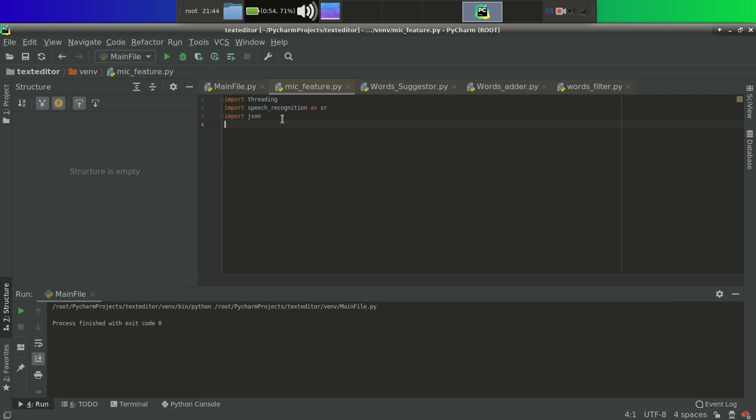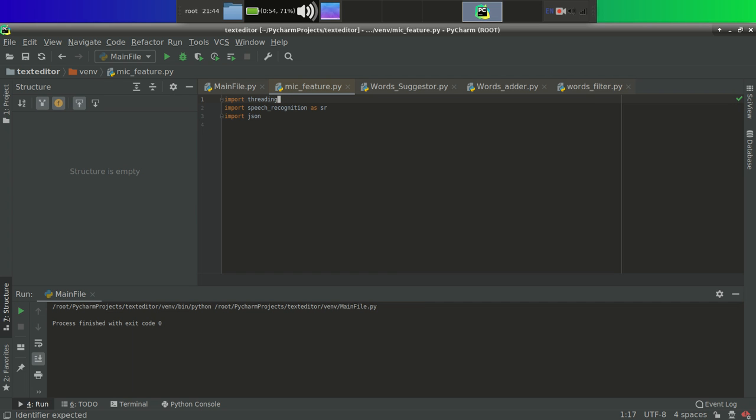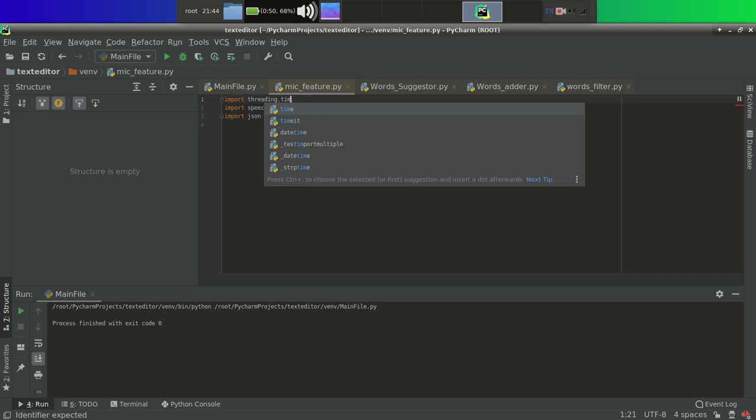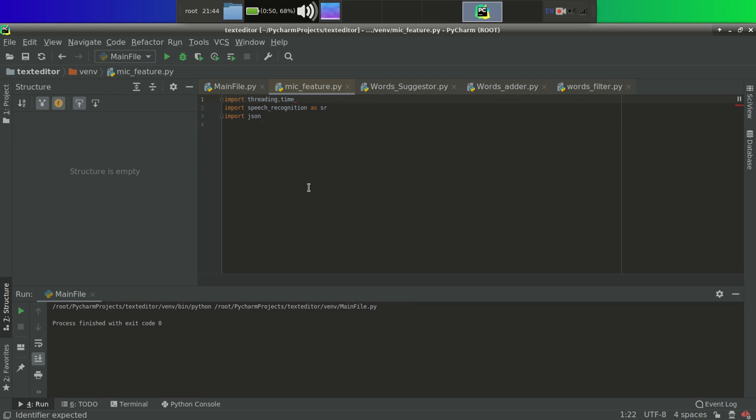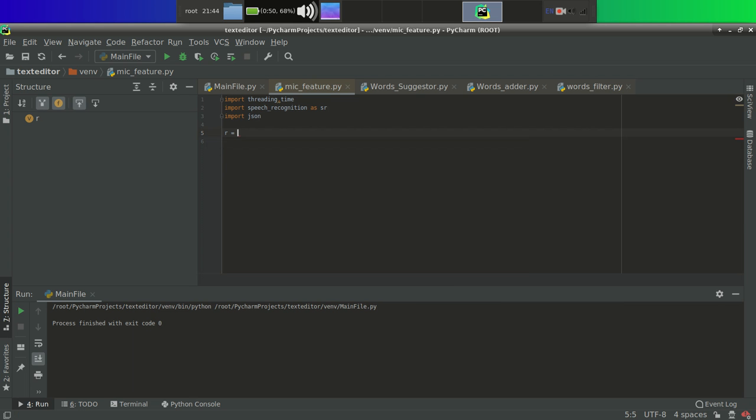Let's import time also, because we are going to read it. So this is our time library. Threading, time, speech recognition, json. That's fine. Let's make a recognizer which will listen to us, a recognizer object, sr.Recognizer.